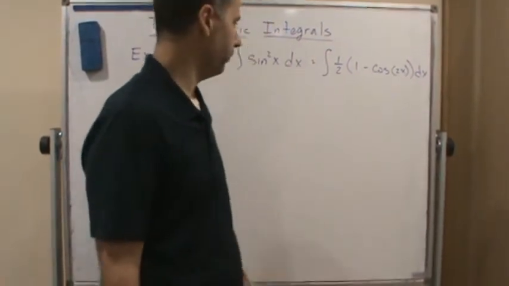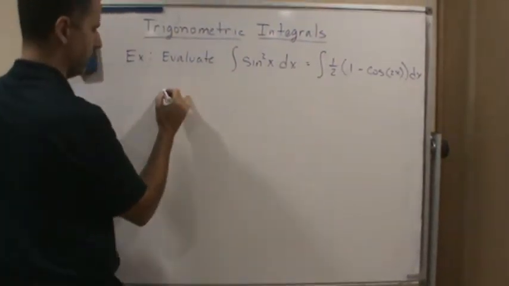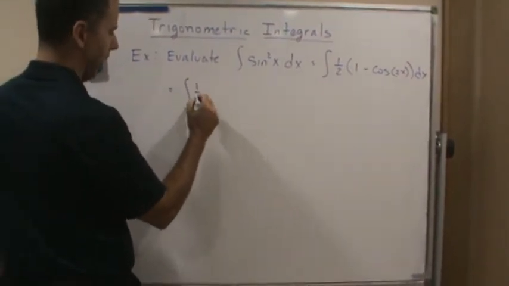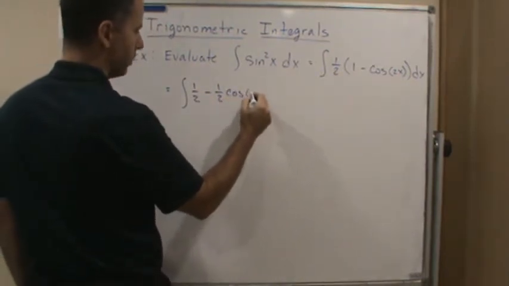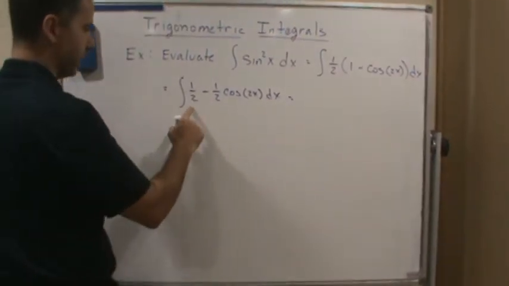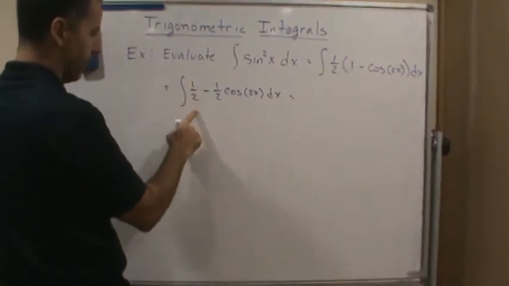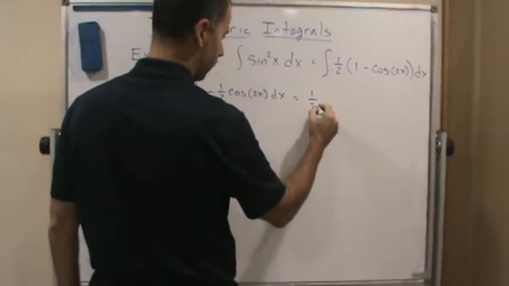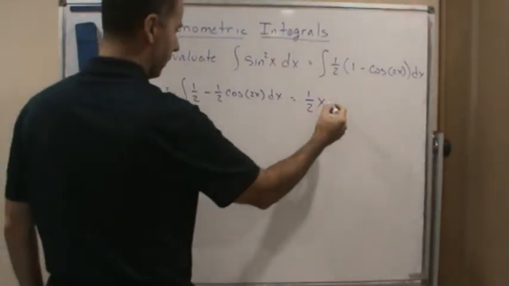That's no problem. So now, if I rewrite this term by term, this is going to become the integral of 1/2 minus 1/2 cosine 2x dx, which we can then integrate term by term. The integral of just 1/2 is just going to be 1/2 x, right? So that's just going to be 1/2 x. And then the integral of this is going to be minus,